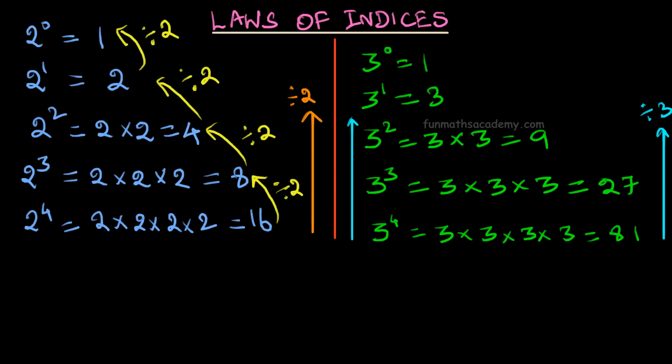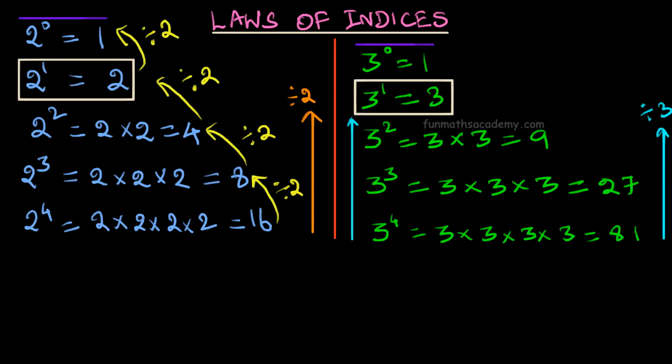Comparing these two, we can conclude that when power is 1, we will get the same number as the answer, and when the power is 0, we get 1 as the answer. Usually, when the power is 1, it is not mentioned. Just the number alone will be written. For example, 2 to the power 1 will be written 2. So this says that when the number alone is written, then its power is 1.